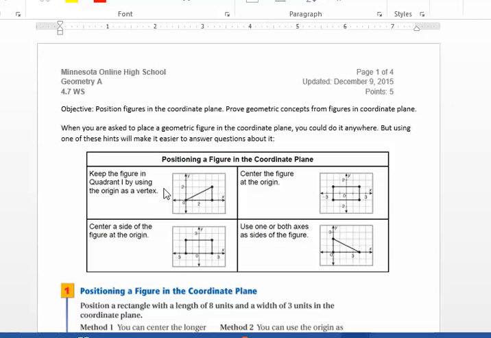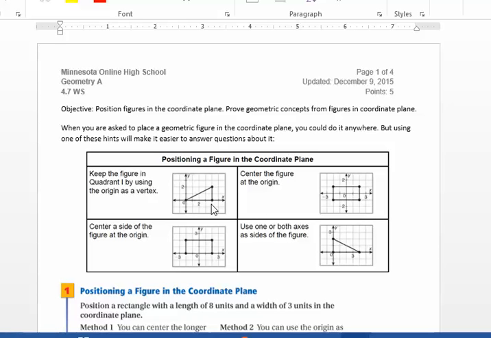In this video, I'm going to show how to do some of the problems from the Chapter 4, Section 7 worksheet, which is on coordinate proof, just kind of an introduction to coordinate proof. We could do a lot more than what we're going to do, but we're just going to kind of start it. All right, so the first part is how you want to put your figure in the coordinate